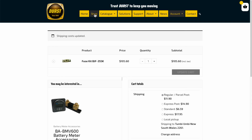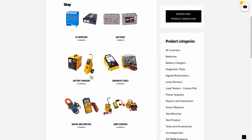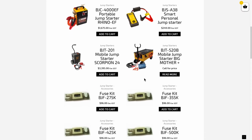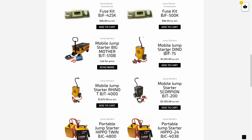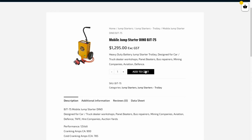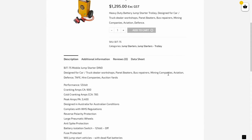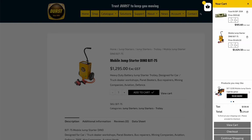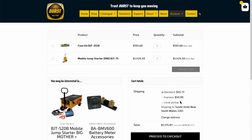Now, let's go back to this shipping again, because this Durst website, this is a really interesting example of different solutions we're able to provide, even for these really heavy items. Now, in this case, this is a very heavy item. It's over 22 kilos, so Australia Post will not post that. Okay, so instead we've got a few different shipping options available for WooCommerce, and this one, okay, it's going to work out the advanced shipping now, and with Ship It,